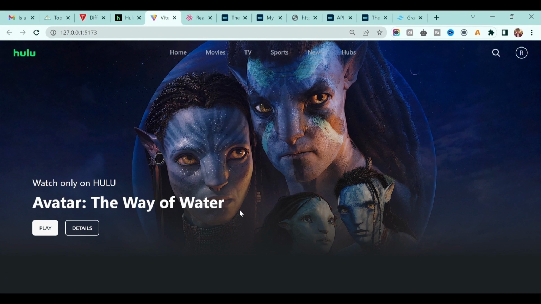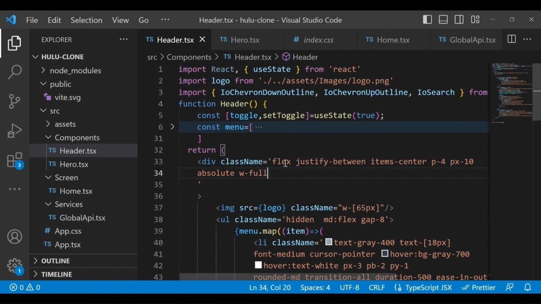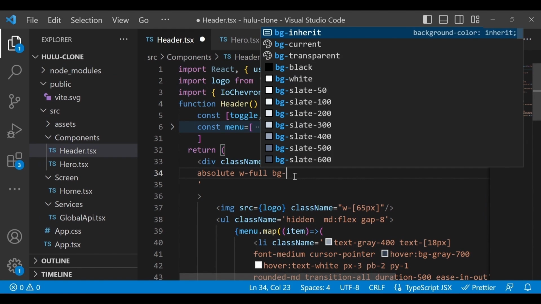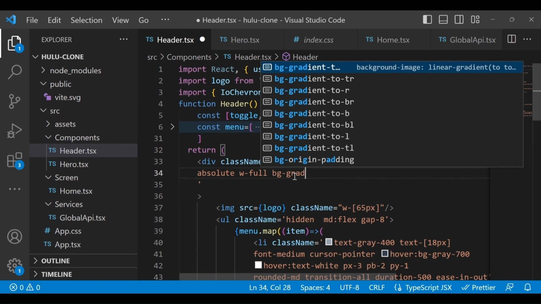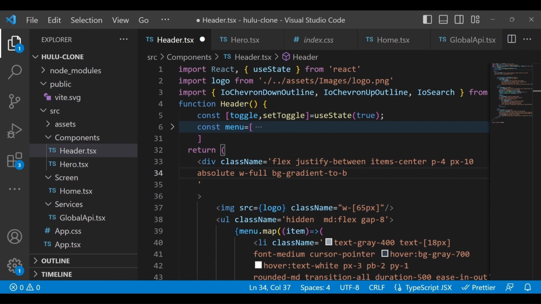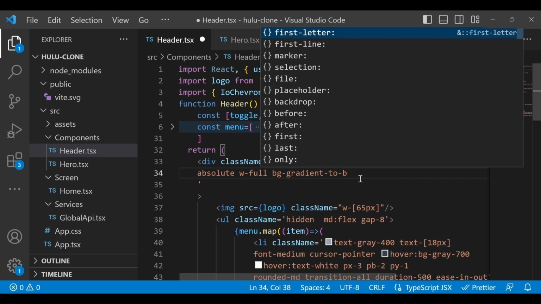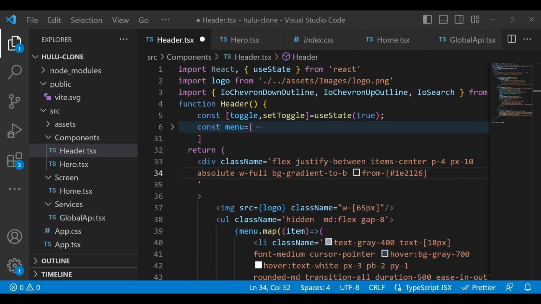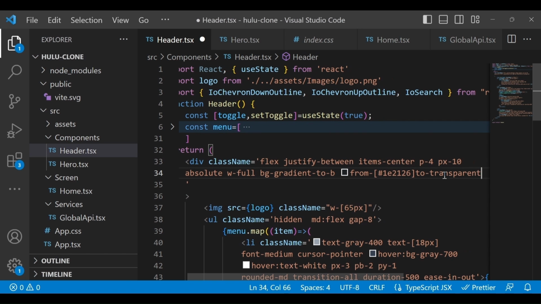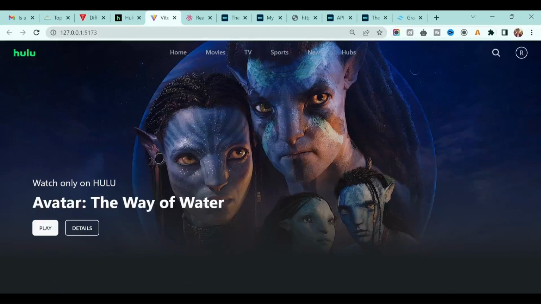But for this header we have to give the background to be a gradient. So just write background gradient, and in this case we want from top to bottom, so just write to bottom. For the gradient effect, I will use similar code to what we used before, and I will use to transparent. Like this, and save it. And if you see, it's coming perfect.